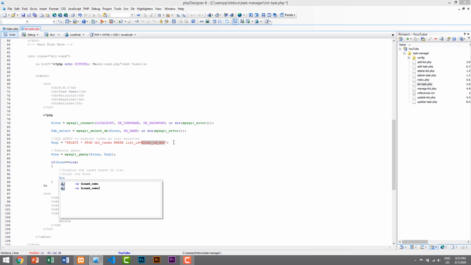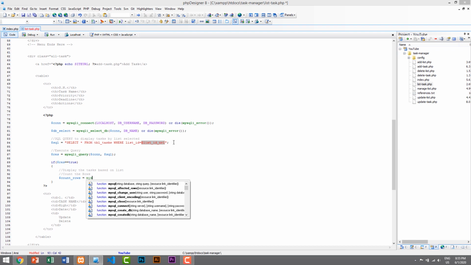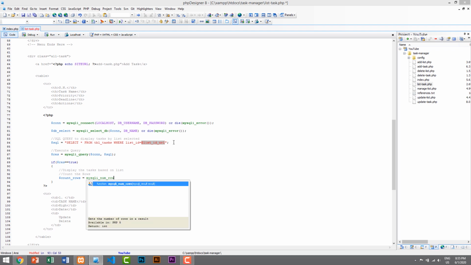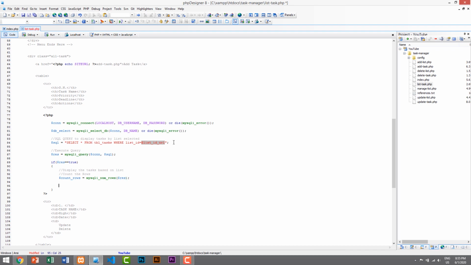So let's say $count_rows is equal to mysql_num_rows, and here we need to pass $res, and if $count_rows is greater than 0, then we have